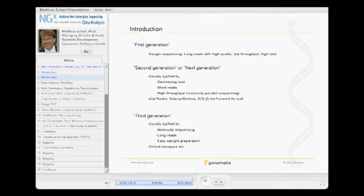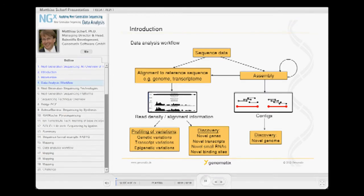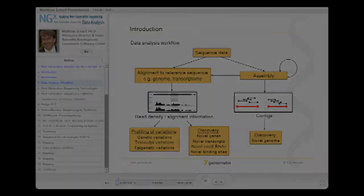So let's stick to what we have. This is next generation sequencing. And typically, if we are just jumping into a data analysis workflow,